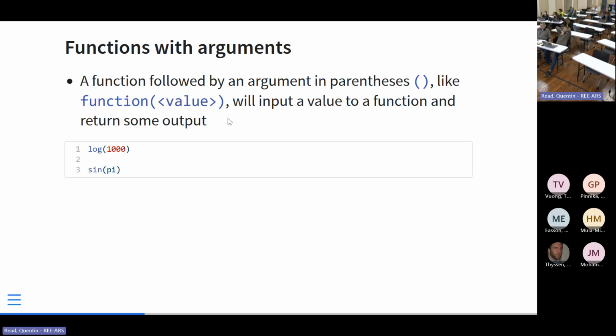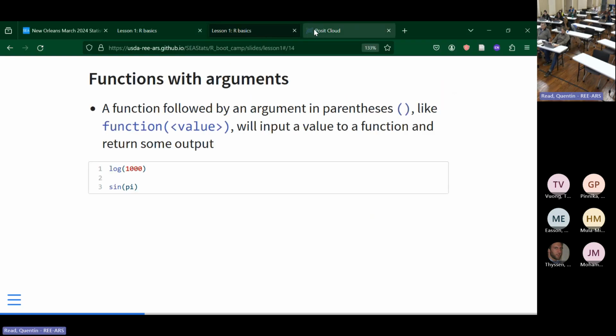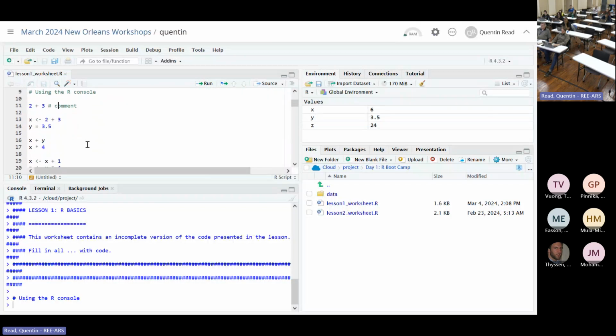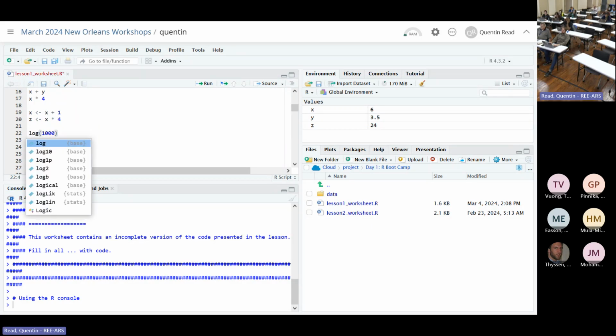Now, we already mentioned once functions and input and output arguments. So let's try that. We can do log as a function we already discussed. It takes an argument of any numeric value and will return another numeric value. Sine is also one, and pi is a built-in variable in R that has a value of pi. So we can do, on line 22 here, or if you typed in stuff, your line numbers will be different now,